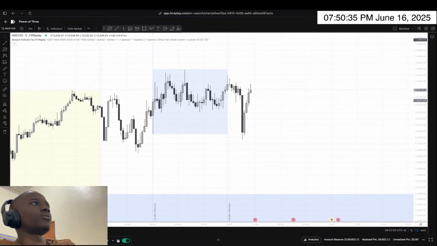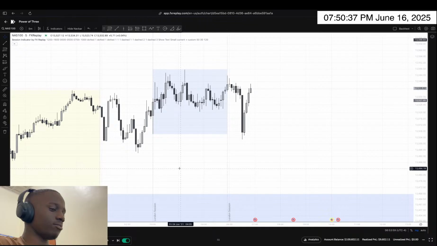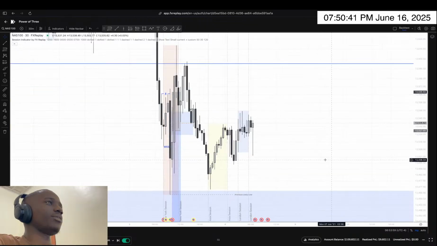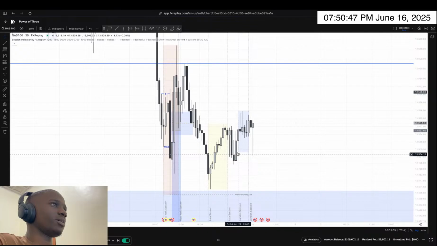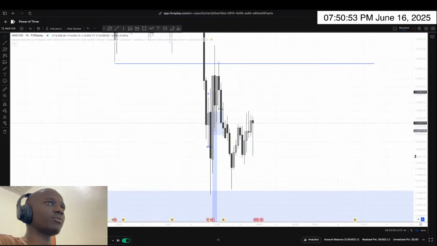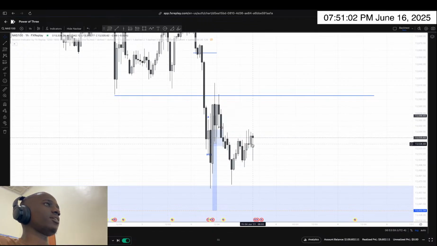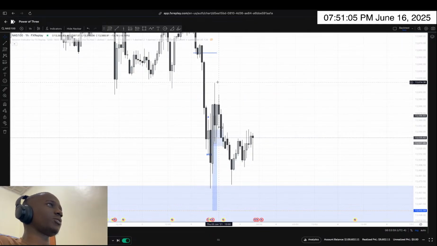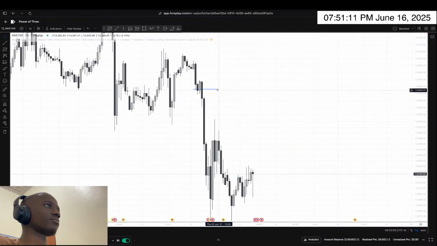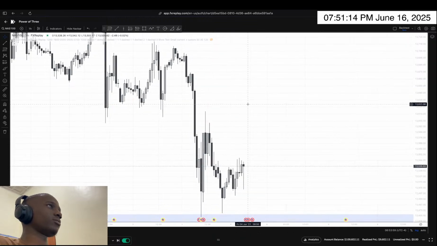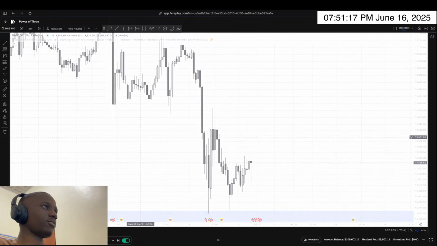and it doesn't get respected, which means when I go on the 30 minute now, you can see that we have a really good, is it called a hammer shooting? I really don't know the names, but you can see that we're respecting this order block right here. And going to the 1 hour, you can see how this order block is being respected. We drop into it, then you can expect to push higher after it and target the next level of buy-side liquidity, which will probably be this one, and so on. Okay, so let's see what happens. Let's go back to the 5 minute.